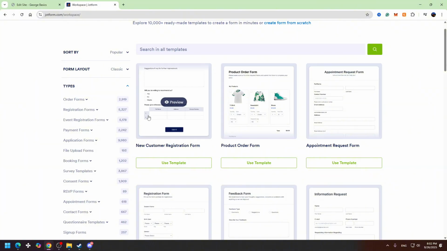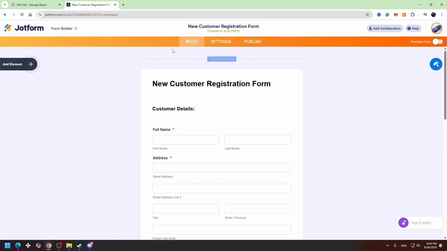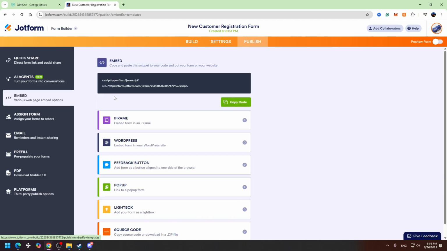For example, let's use this new customer registration form. I will click Use Template. So you can add your logo or customize this, and after you will finish, then you can click Publish in the top right corner, and then on the left hand side you need to select Embed